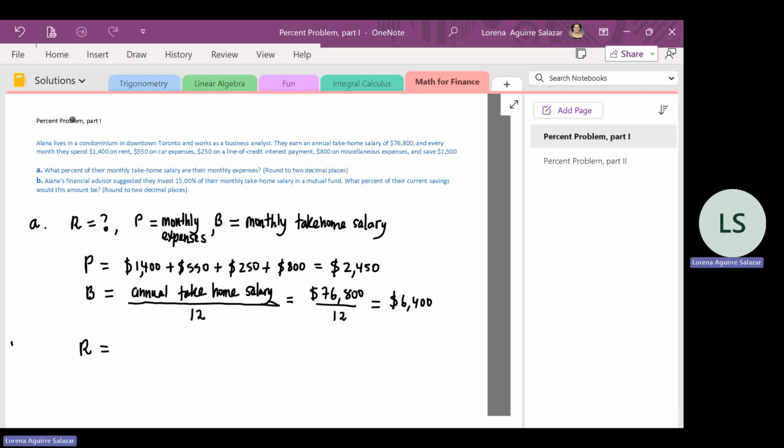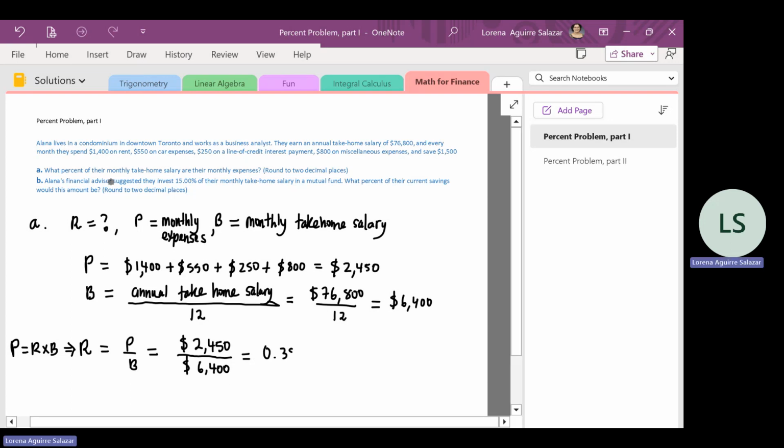Remember that portion equals rate times base. Then the rate equals portion divided by base. And here the portion is $2,450, and the base is $6,400. When we divide those numbers, we get the rate. And that rate will be 0.382813 and some other numbers,